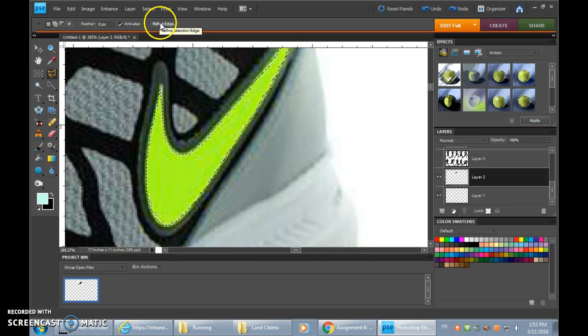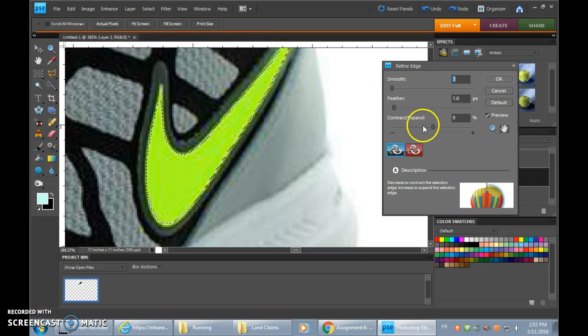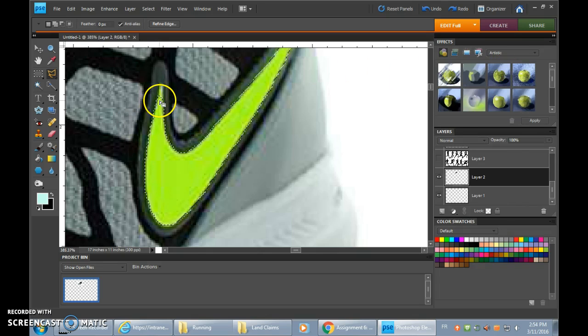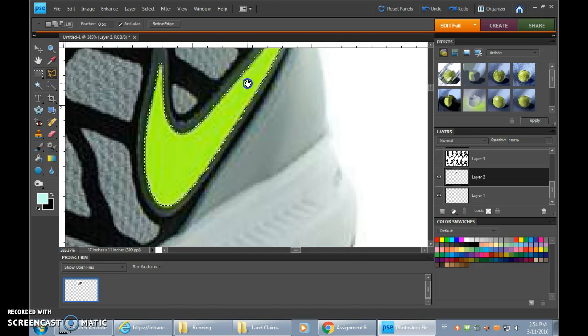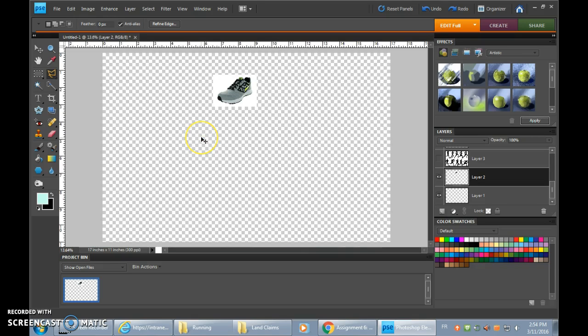You can also refine the edge of any selection tool. If you click on Refine Edge and expand that, you'll see the pixels grow to inhabit the space that you'd like, hopefully, them to fill up. And press OK, and you can add more after that too. So hold down Shift to continue adding back to your beginning point. Hopefully you end up with something you're satisfied with. From there, you can enhance